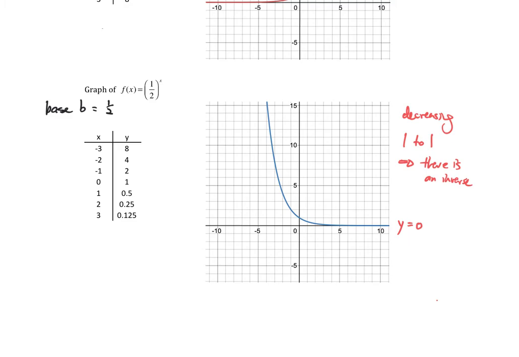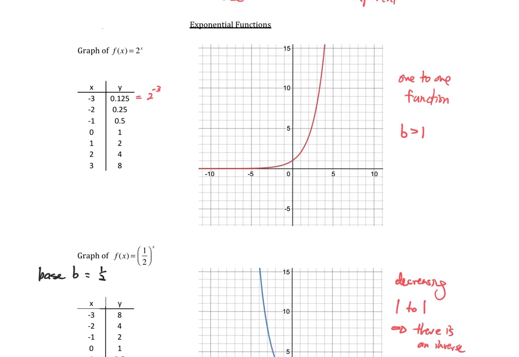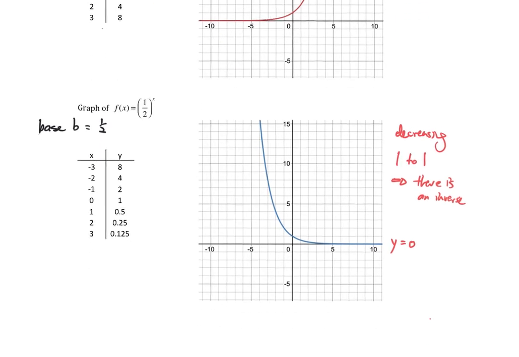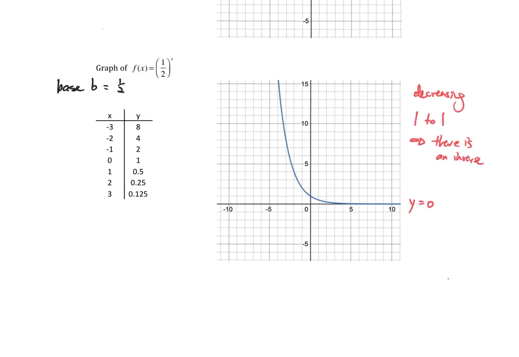And one thing you'll notice is when you look at the comparison between each of these two graphs, they look very similar to each other, right? In fact, it looks like the second graph is just a reflection of the first graph. So it looks like if we had 1/2 to the x power, and then you compare that to 2 to the x power, the relationship is that it's just reflected